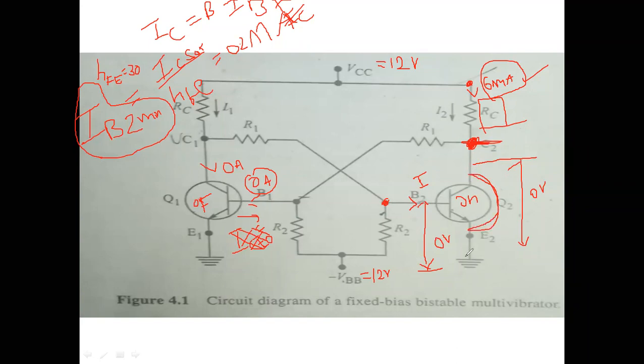Between the base and emitter, we may have a VBE sat voltage. For the on transistor, we have assumed these values as 0, the saturation voltages, since we have considered an ideal transistor. That's why we have taken these values as 0. Therefore, this RC we are going to get as RC equal to VCC minus VCE sat.